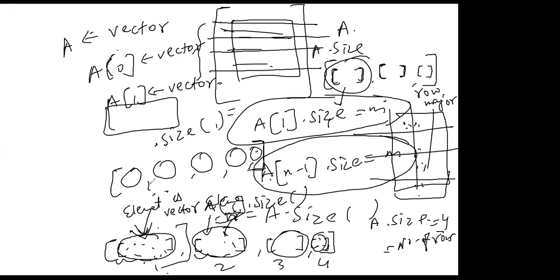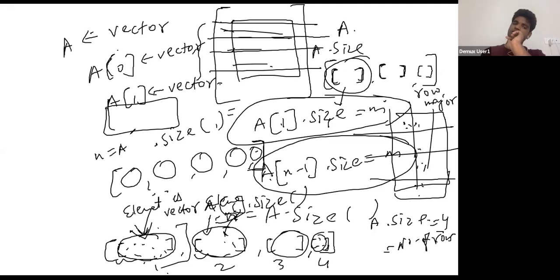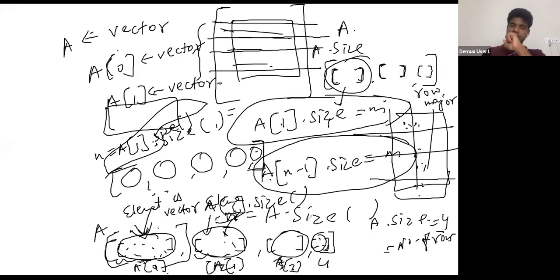तो n वाले को अपन a ऑफ 1 .size भी लिख सकते हैं ना यहाँ पर? नहीं, n को आप बोल रहे a ऑफ 1 .size? हाँ। नहीं, कैसे लिखोगे बताओ? a ऑफ 1 मतलब क्या हुआ? ये a ऑफ 0 है, ये a ऑफ 1 है, ये a ऑफ 2 है ना? a ये पूरा वेक्टर है। a ऑफ 0 मतलब पहला एलिमेंट, पहला एलिमेंट खुद एक वेक्टर है। a ऑफ 1 मतलब दूसरा एलिमेंट, दूसरा एलिमेंट खुद एक वेक्टर है।